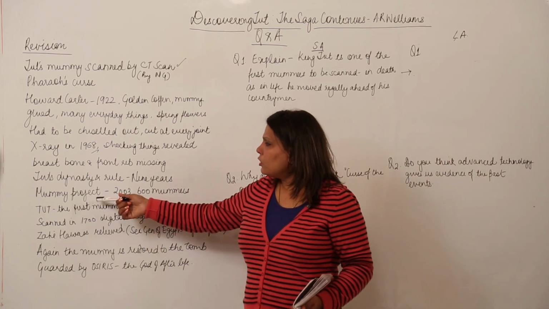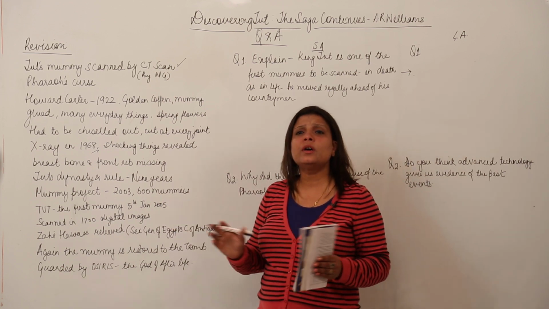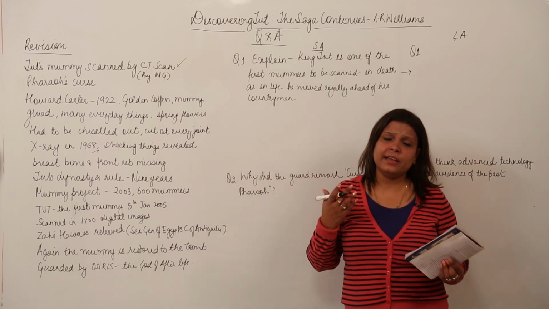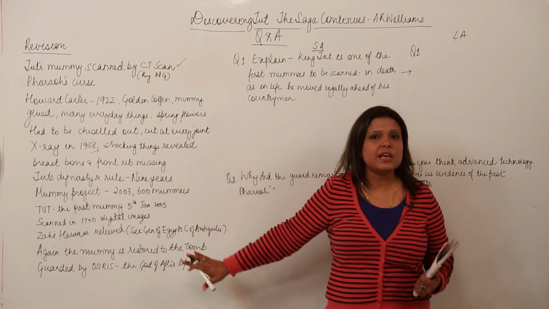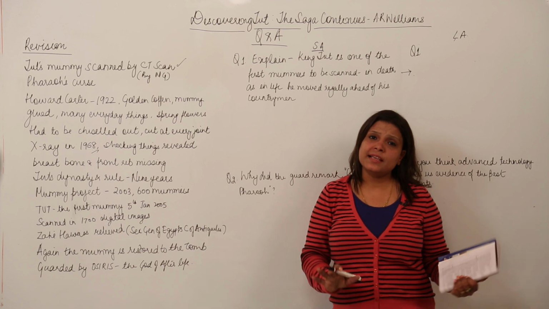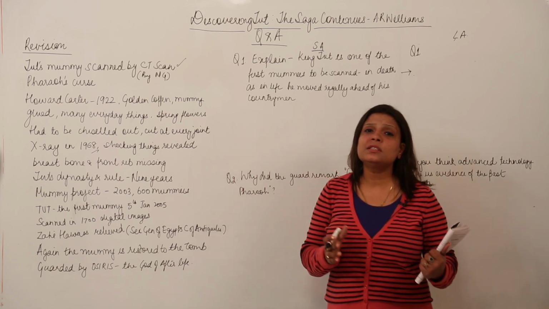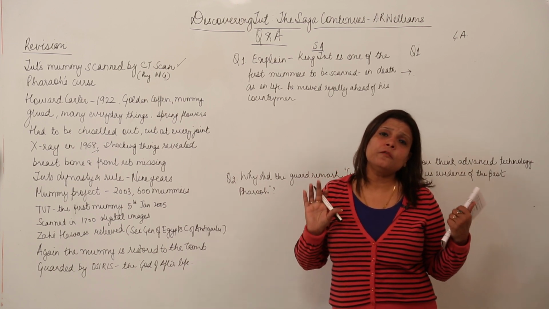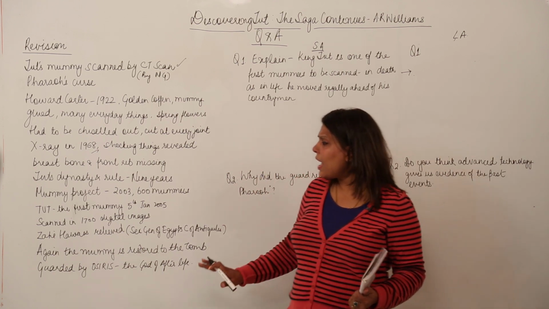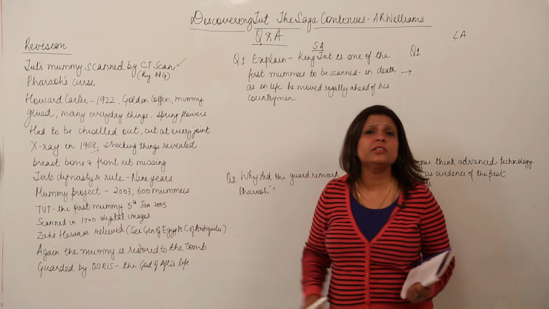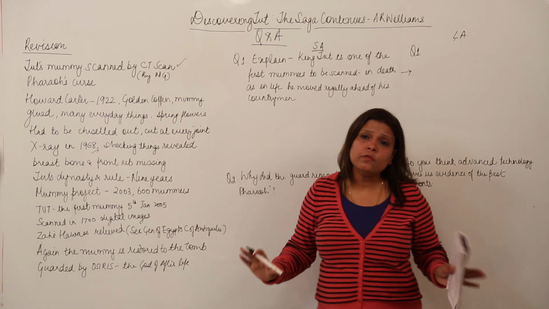Also, we are told about the mummy project, which started in 2003, wherefore 600 mummies were analyzed technically with advanced equipment like the CT scan, and Tut's mummy was the first mummy to be scanned, on 5th January 2005. Now we are told about the incidents that happened on that day and how the scan was a very worrisome thing, because Tut is almost an iconic symbol of the Egyptian culture. And how Zahi Hawass, the Secretary General of Egypt's Council of Antiquities, was finally relieved when everything went on smoothly,